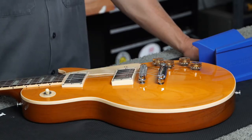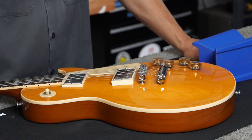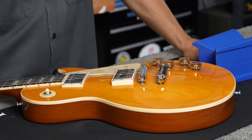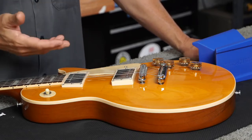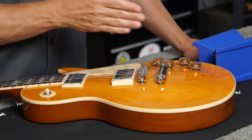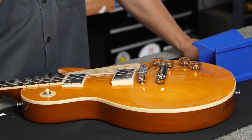If the bridge saddle is flat on the top or even falls away a little bit towards the neck, you can get overtones and you can get buzzing. You may think it's fret buzz. It's hard to diagnose, so cutting at a downward angle ensures that the string vibrates very cleanly and clearly on